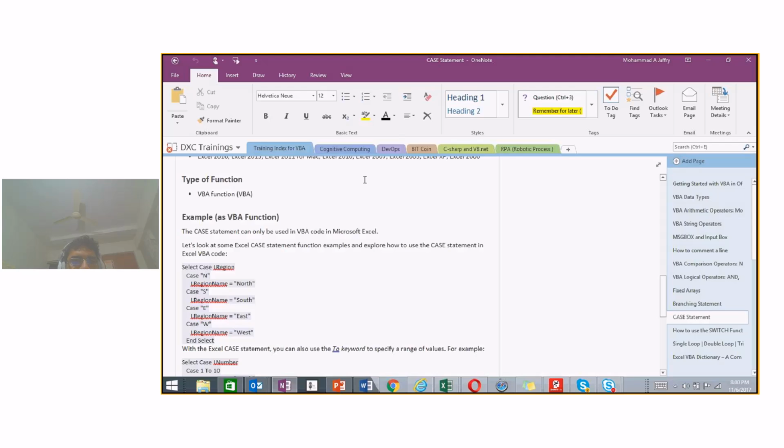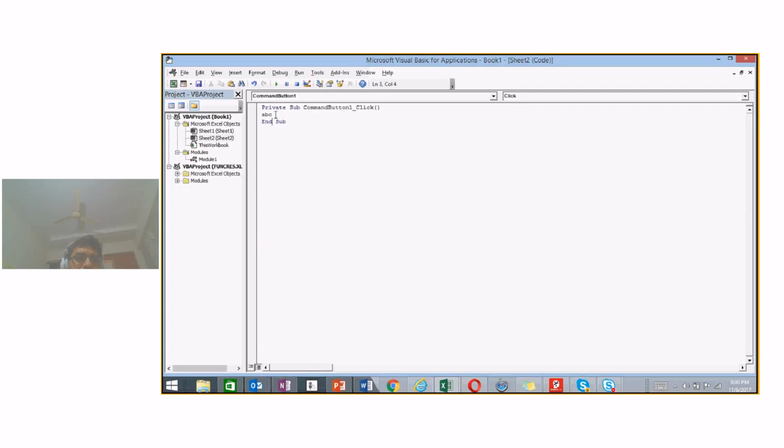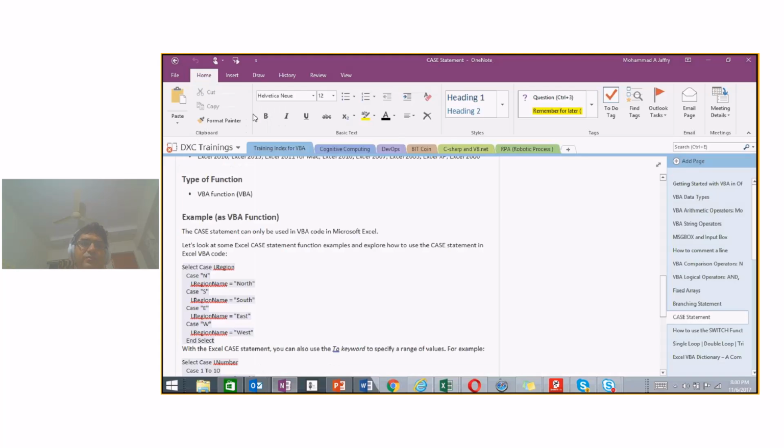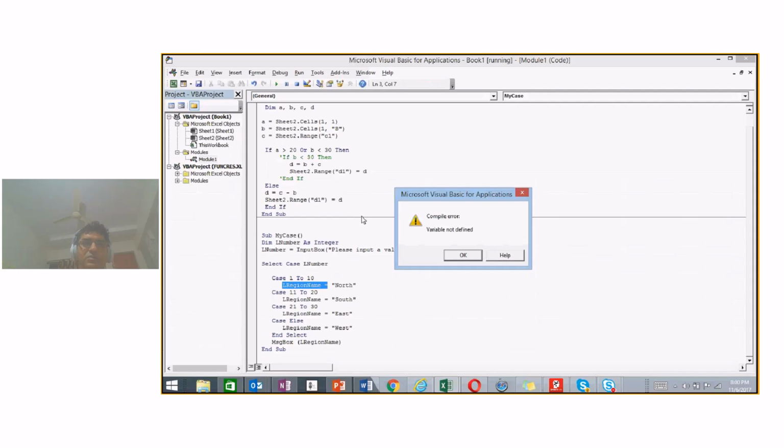Now, let me just quickly execute this. How do I execute this under my button? I just have to go to sheet 2 and pass the name of this procedure. Now, this procedure is trained